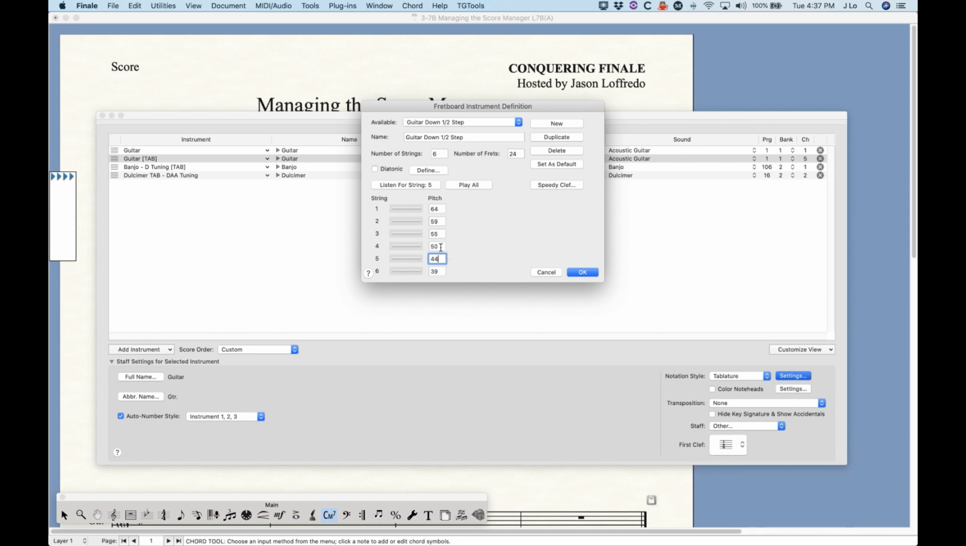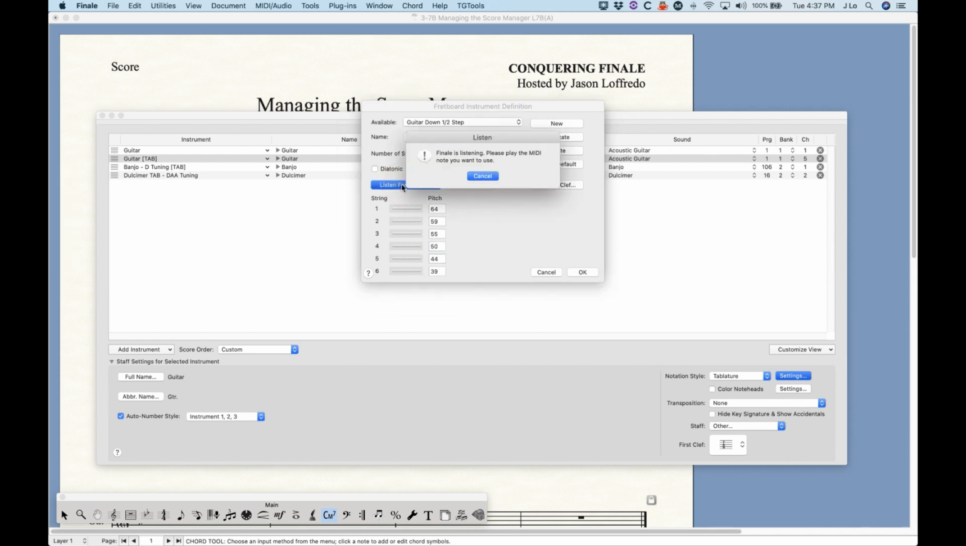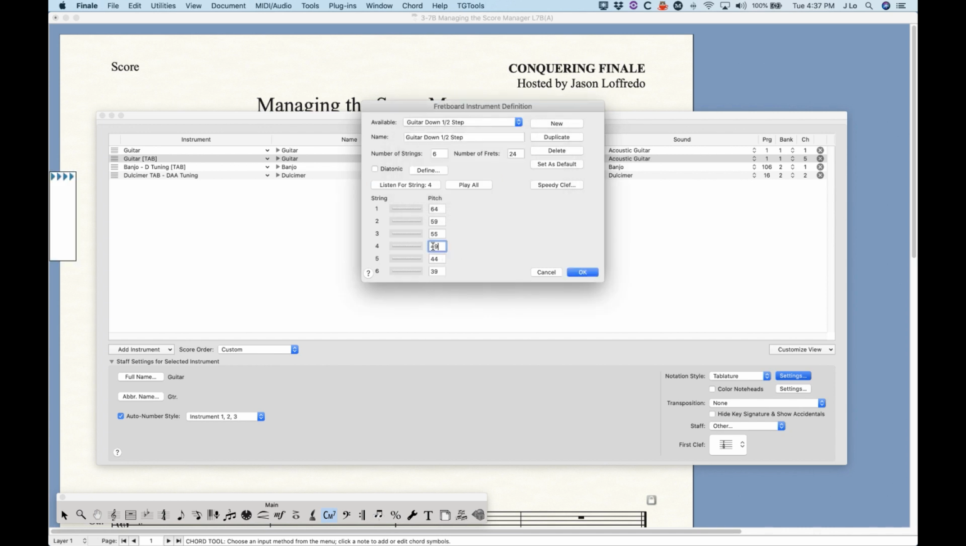And the other way to do this is to just select in the box and then choose the listen for string. In this case, string 4, because 4 is selected. And Finale will be listening, and whatever note you play on your MIDI keyboard is what it will put there. So in this case, on string 4, I'm going to play D flat, and you'll see that it will change it to